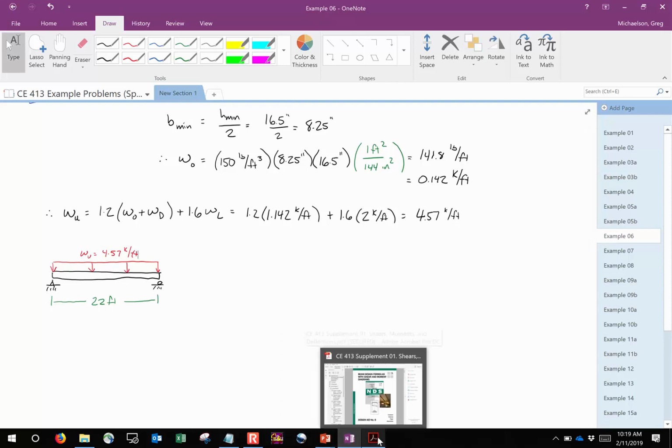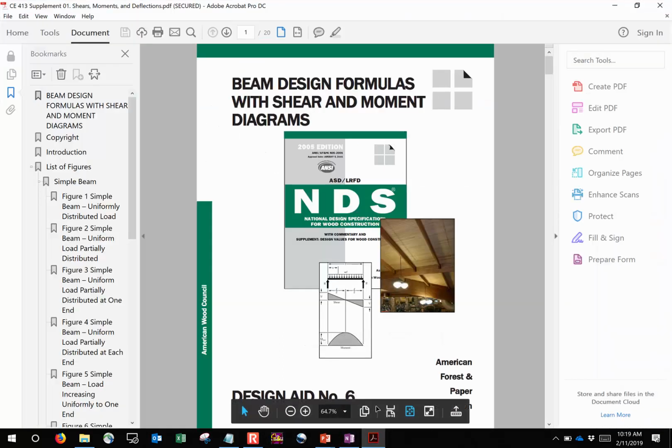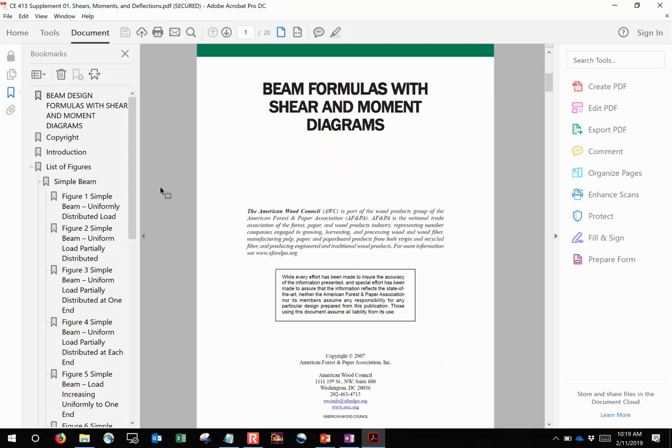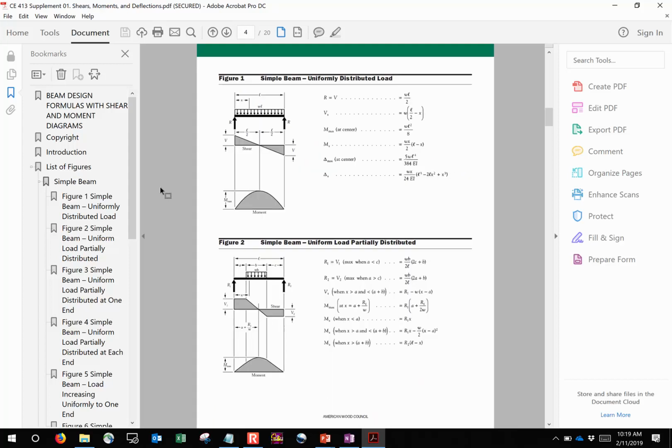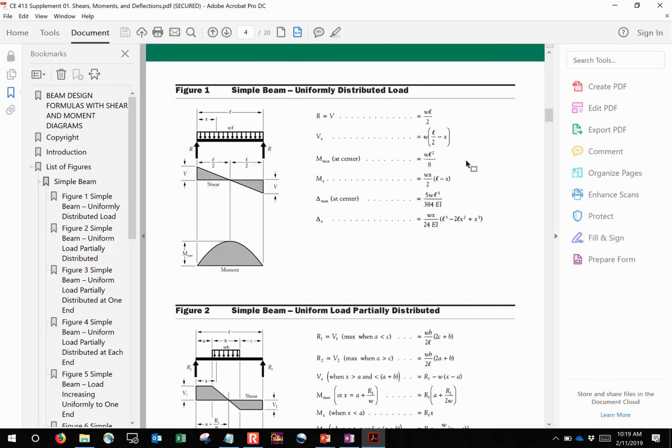I didn't print off copies just because we don't really need all of it, but if you remember, I posted this on Blackboard. These are the shears, moments, and deflections for very, very simple loading scenarios. So this is just all of the structural analysis already done. And if you zoom in to the situation where you have a simply supported beam with a uniformly distributed load,